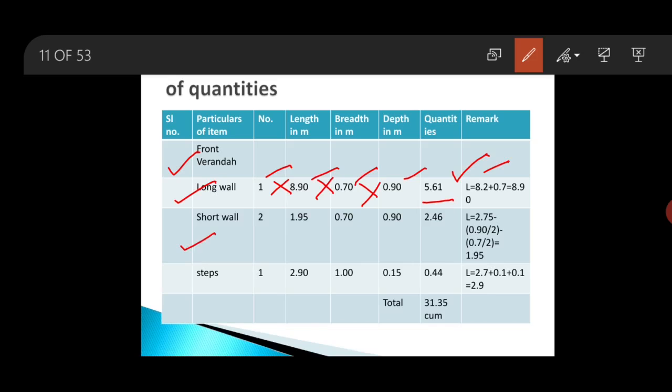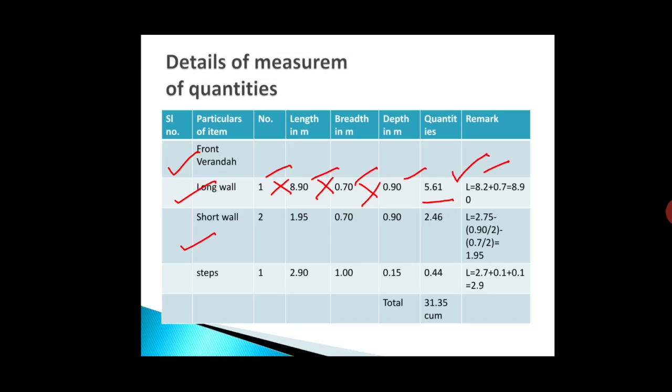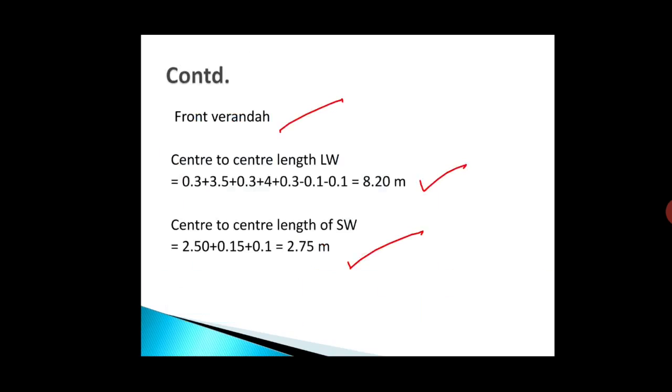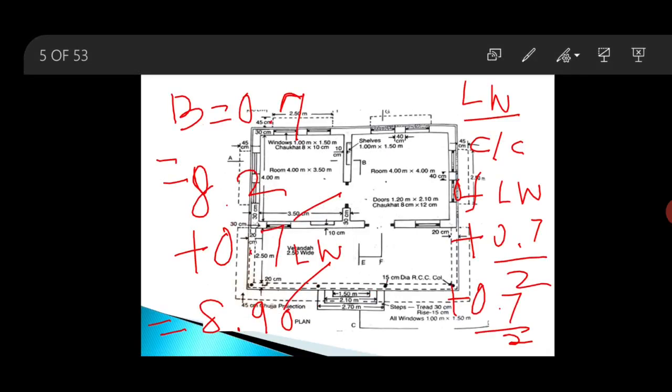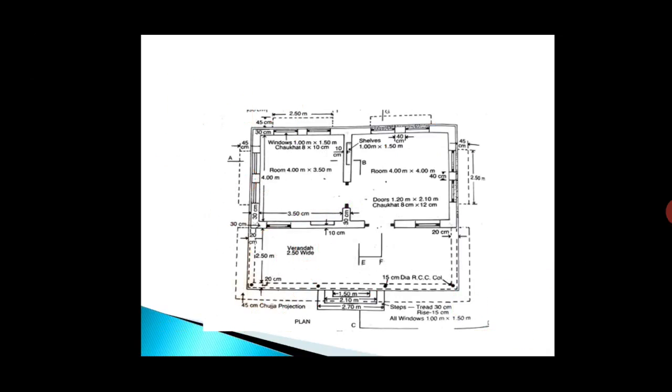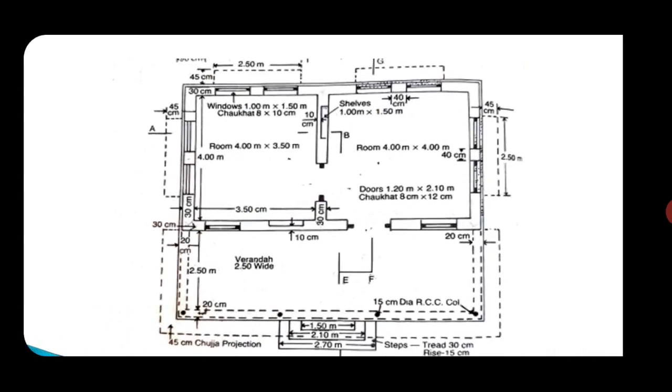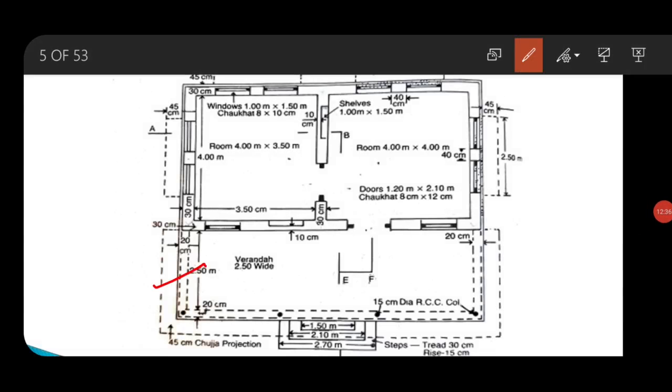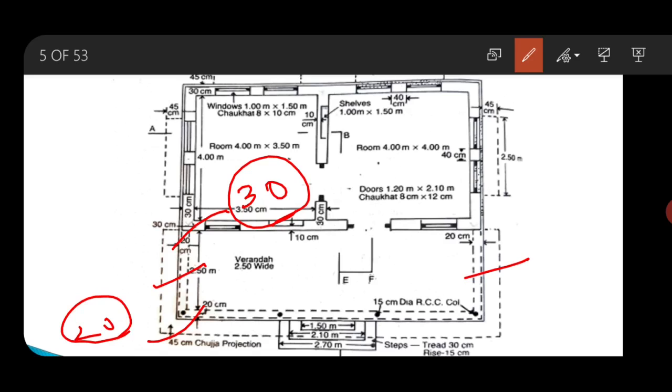So then we will move to the short wall. This is the short wall. There are two numbers of short wall. And mark here, the short wall is connected on one side to a 30 centimeter wall and on the other side to a 20 centimeter wall. So in order to get the length of the excavation of the short wall, from the center to center